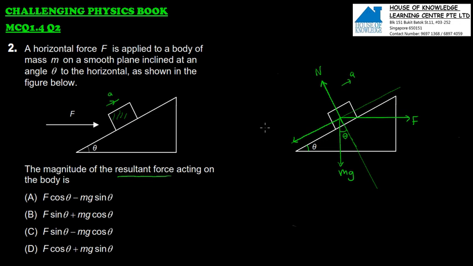So this is mg sine theta. This direction is mg cosine theta. Now what about this theta? This theta, this also theta, this theta. So this f again, you need to resolve along this direction and this direction. It must be resolved along the direction of acceleration. So f resolved along this direction must have this component, which is f cosine theta, because